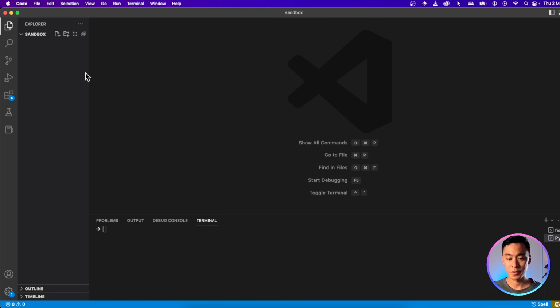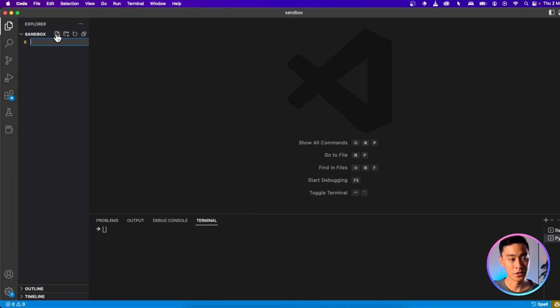Just open up your VS Code editor in a new folder, a fresh folder where you can work on this. We don't want to be confused by other files in this folder. Here I just have a folder called Sandbox, which I've been using throughout this whole tutorial, but I've deleted everything from there. So you shouldn't have other files in here in case it messes with something that you're doing.